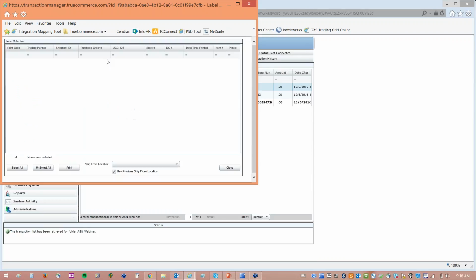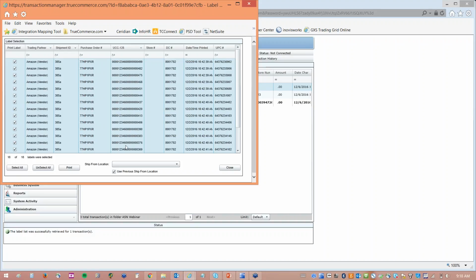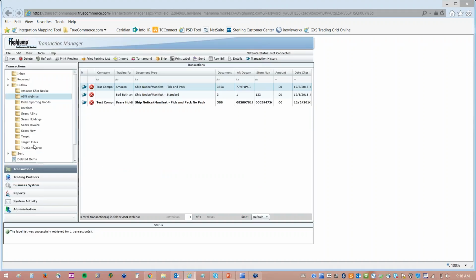It looks similar to the on-premise, but there is a big difference. Here, I have a ship from location drop-down. Okay, these are two different ship from locations that I have created. However, I didn't create them here within the utility like we do for the on-premise. I had to go down to Trading Partners,